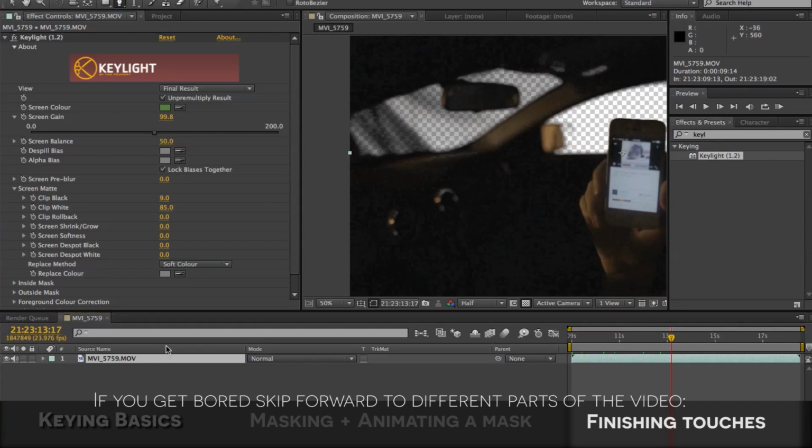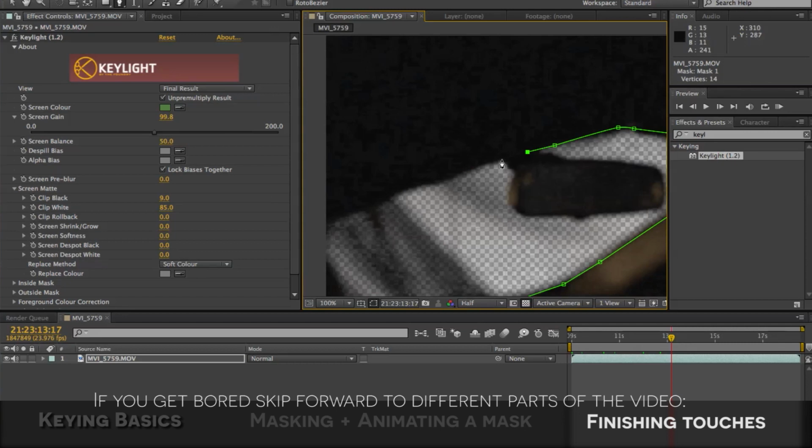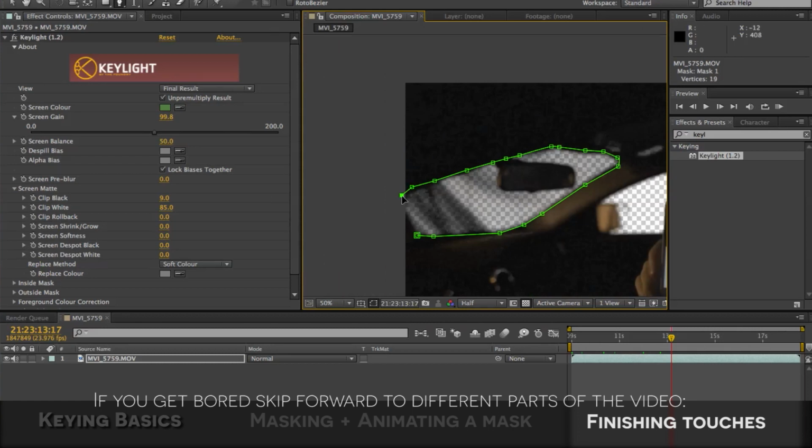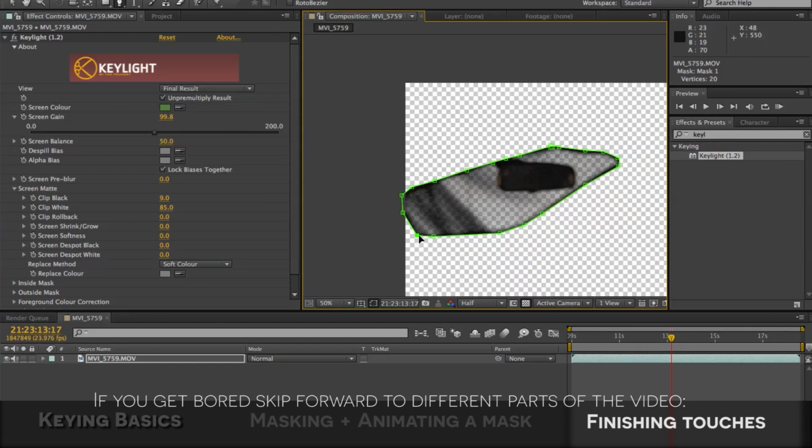With the clip selected, make sure this is selected, and you can start creating a basic shape. Be detailed if you want to make it look good, but for the purpose of this tutorial, I am just going to be a little bit lazy. Something good to do when you're doing masks is to zoom in and get the right shape. But anyways, what we're doing is clicking different points, and once I connect back to the starting point over here, you're going to see that now it isolates only that area. So anything inside that mask